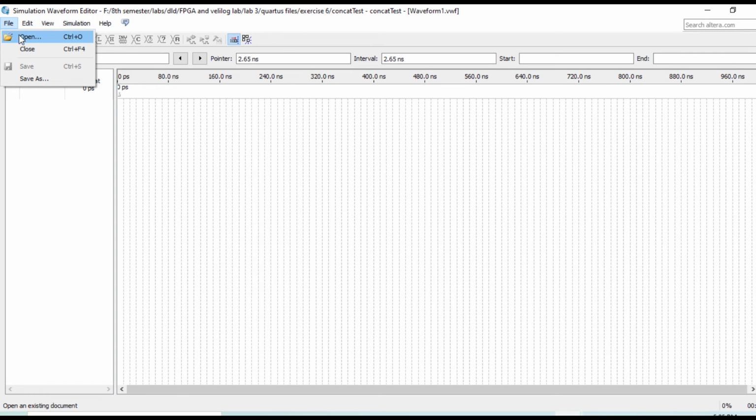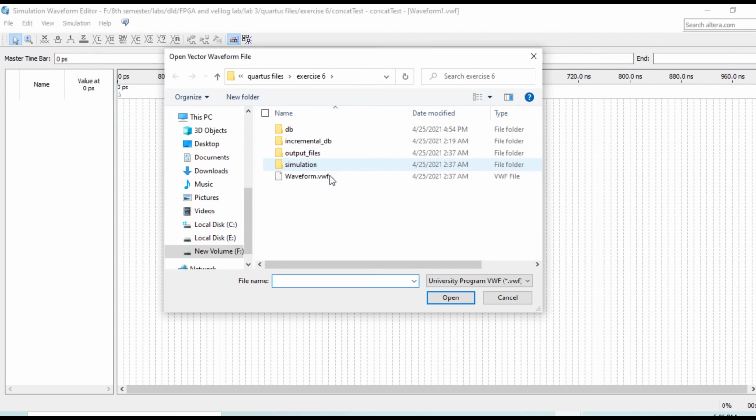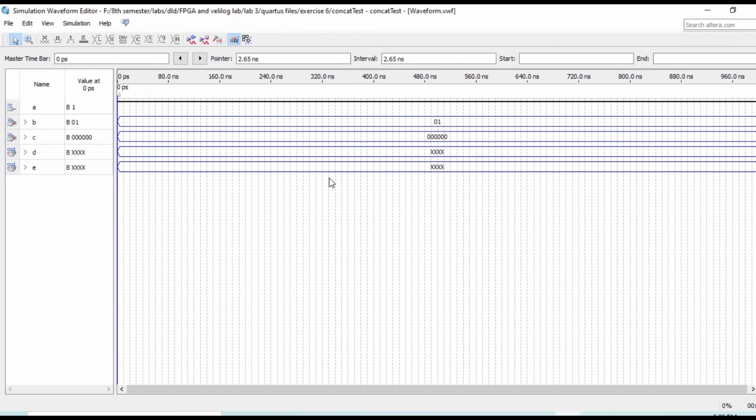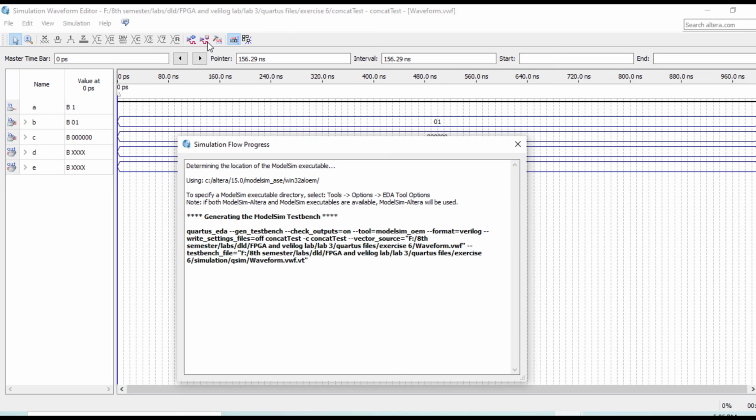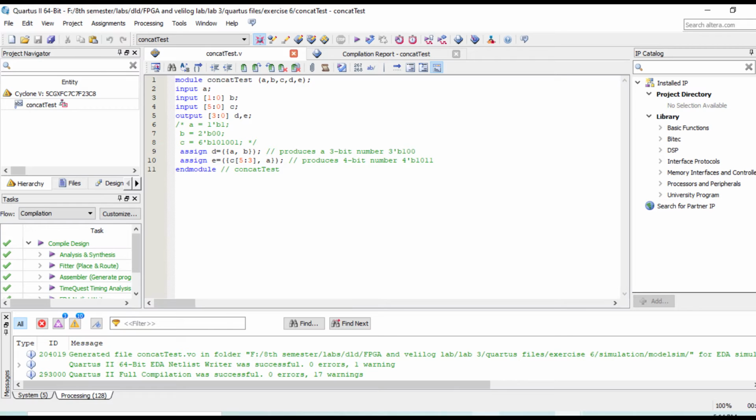I just open this waveform, and here you can see now I just run this waveform.